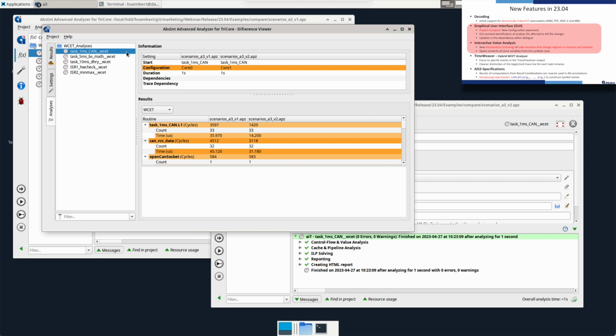And the difference shows us that, well, for the 1 millisecond task in version 1 APSet, the core 0 configuration has been used, while in the next version, we have mapped the 1 millisecond task to core 1. And this obviously made some difference, right? So maybe we check the difference between core 0 and core 1